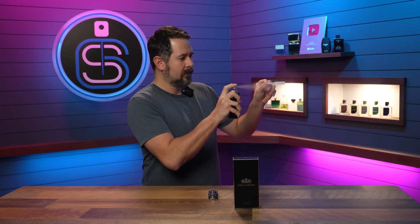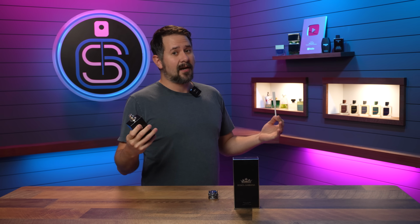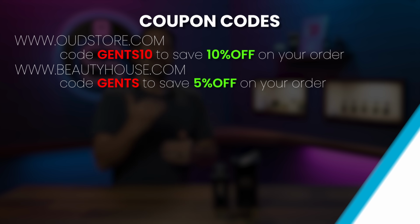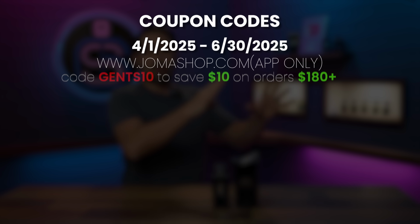Here we go. Thankfully, actually a good atomizer. A lot of new fragrance releases lately have had subpar atomizers that just don't work very well. This one does. We're gonna deep dive into this one, but before we do that,